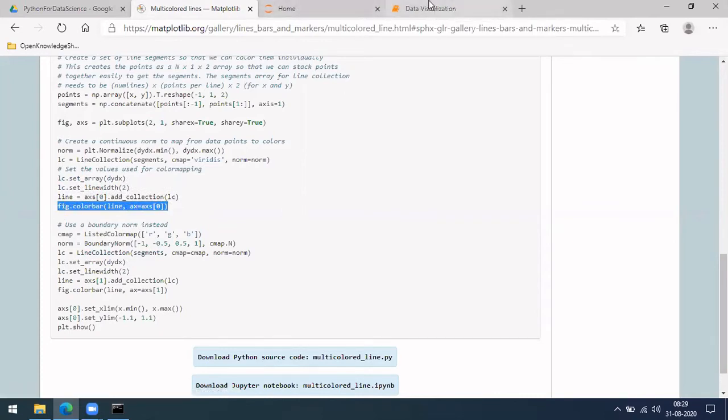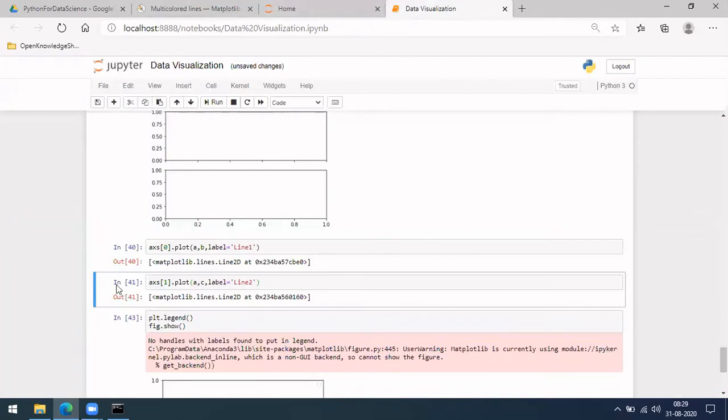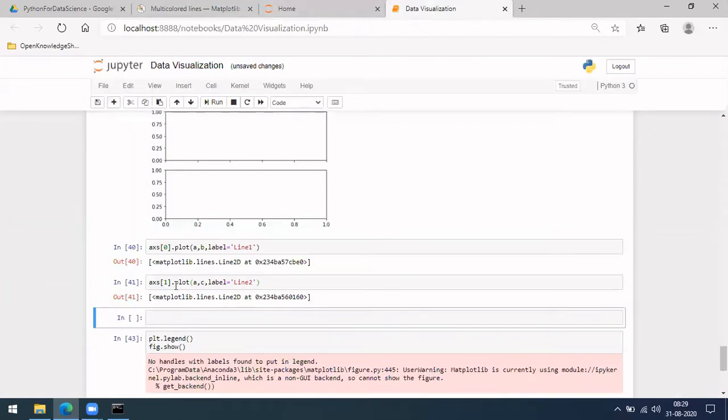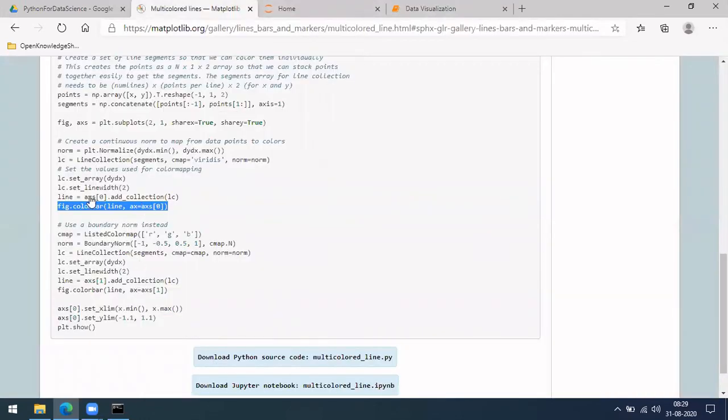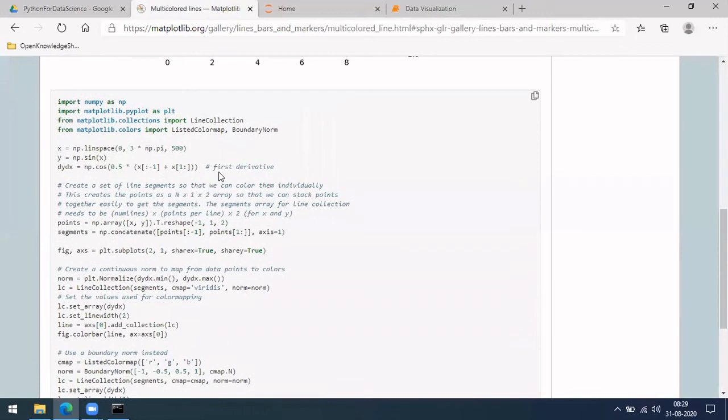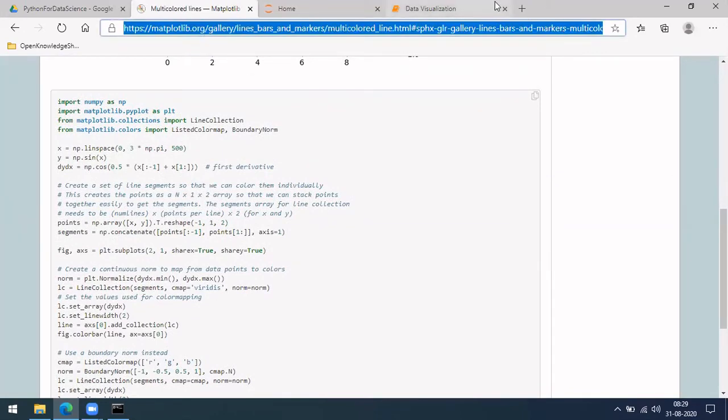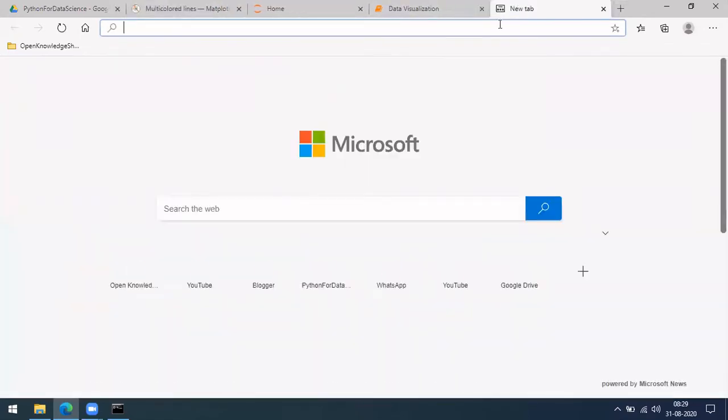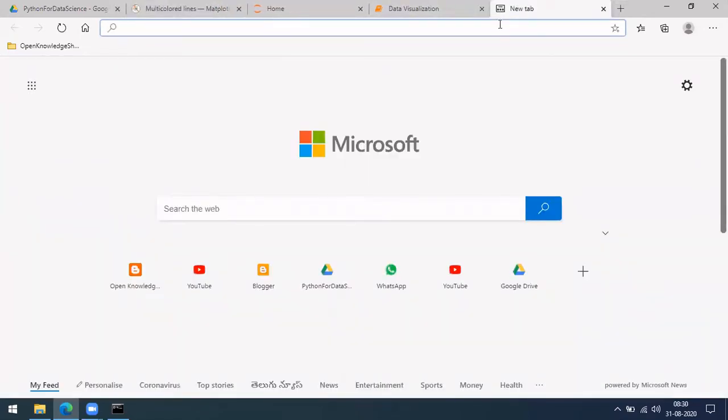Fig dot plot instead of ax dot this one. Just a moment, let me do this. This is quite a complex example. Let me take a simple one and then do it. If you go directly to this complex one at the initial stage, it is hard, so let me try a simple one.